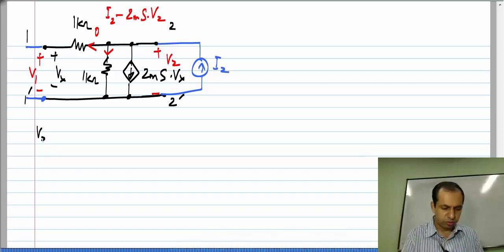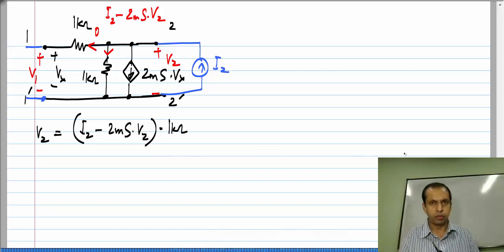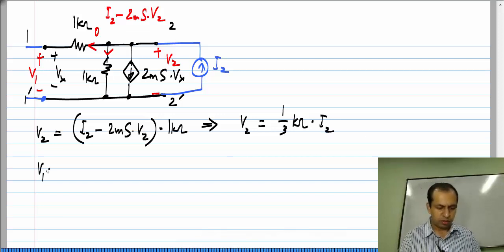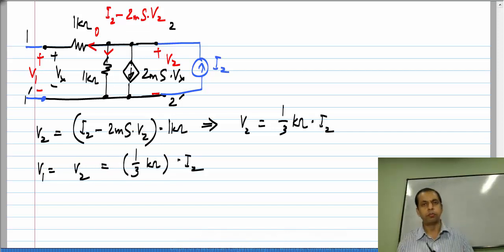So, V 2 we get to be I 2 minus 2 millisiemens times V 2 times 1 kilo ohms, and from this we get V 2 to be 1/3 of a kilo ohm times I 2, and we also said V 1 is the same as V 2, which is also 1/3 kilo ohm times I 2,